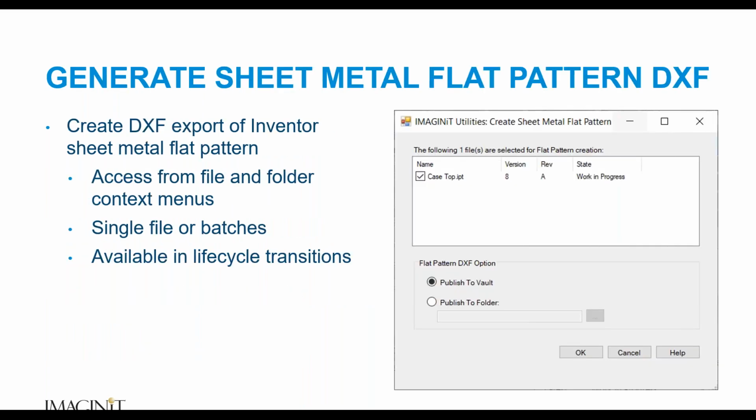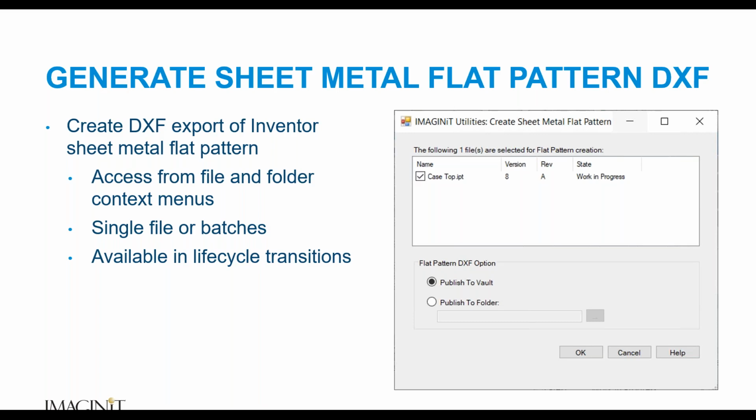So let's take a little bit deeper dive into some of these features. So again, with the sheet metal flat patterns, this is going to be accessible inside of Vault. If you right click on a file, you'll find the context menu for it, and it'll allow you to send that file to the job processor to get the flat pattern extracted. You could also do it on a folder, and it'll go in and kind of sniff